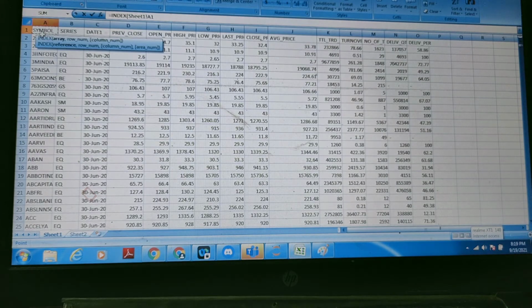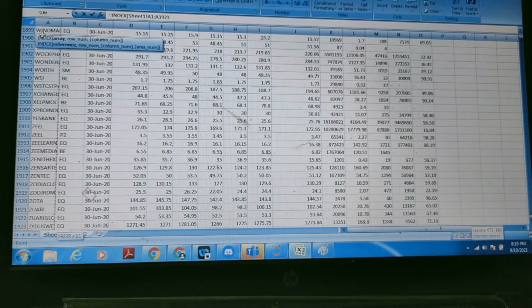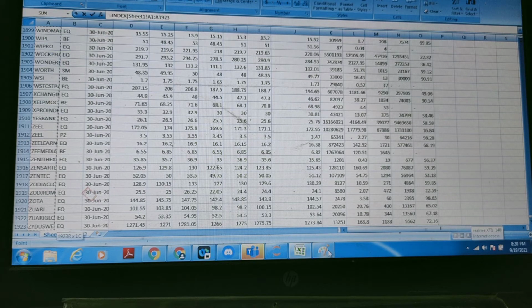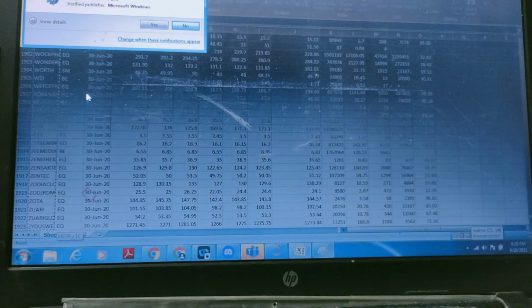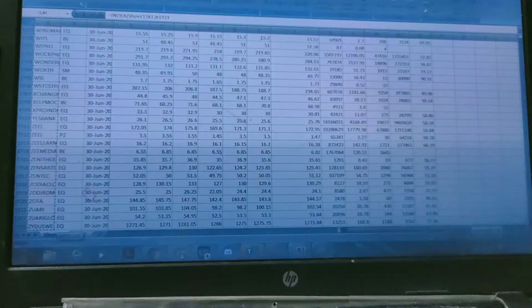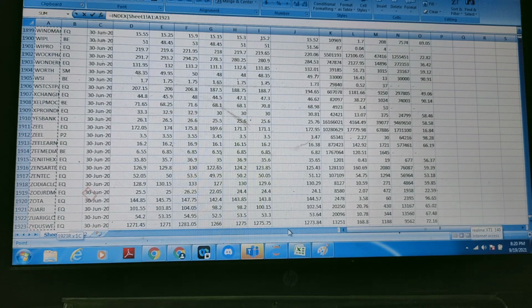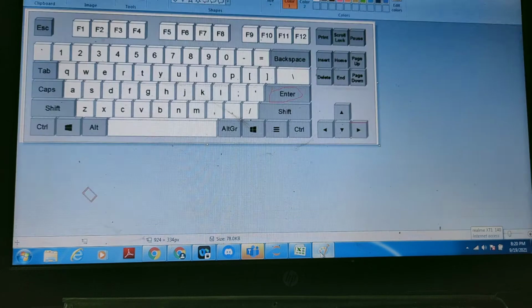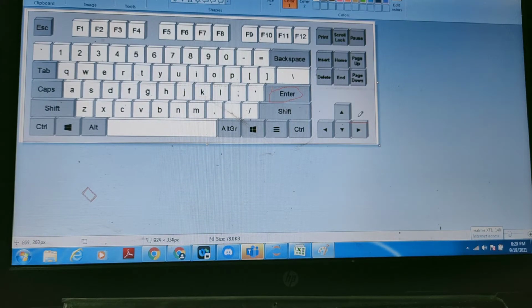Now we will go here, CTRL shift down, and after that we have selected this column. Now we will press CTRL and shift again, and then move to the right side. This is the right key. We have already selected one column, and now we will select the whole thing.